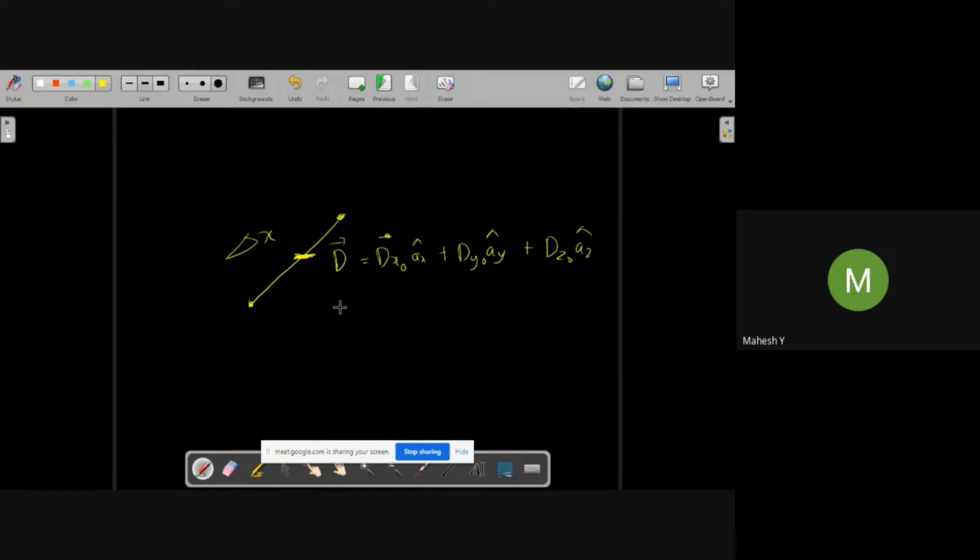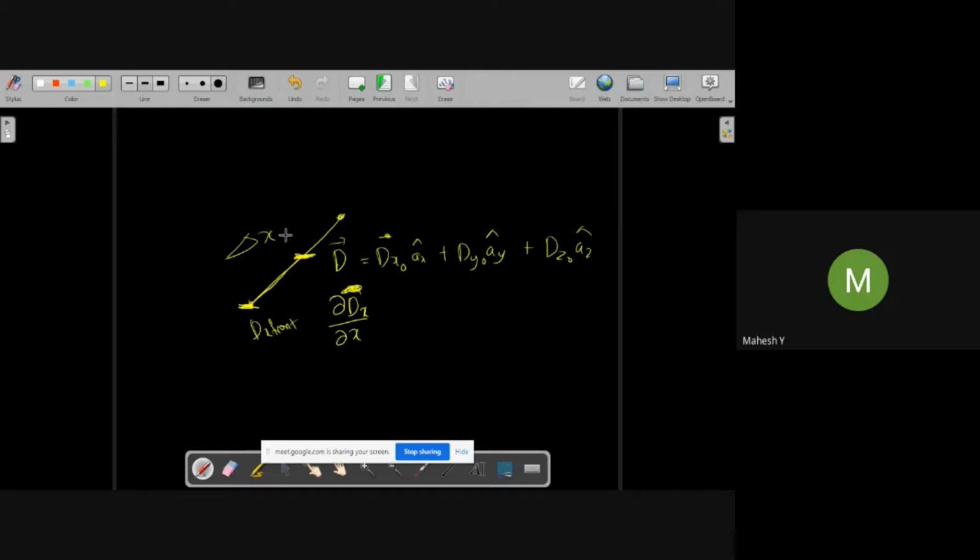And the rate of change of d is dou d by dou x. What is rate of change of d? In the x direction, the d changes as dou d by dou x. X direction means I need to consider the vector, so dou dx by dou x. The component of d changes in x direction as dou dx by dou x. Now, what will be the value of dx? That is nothing but dx front.